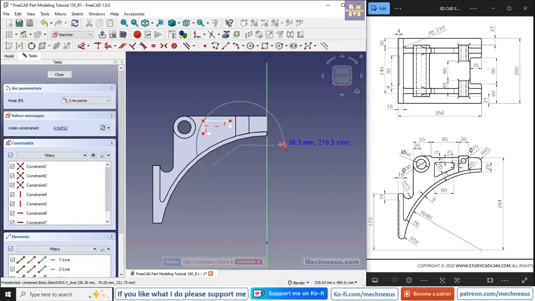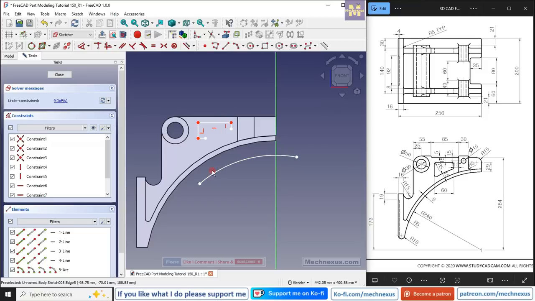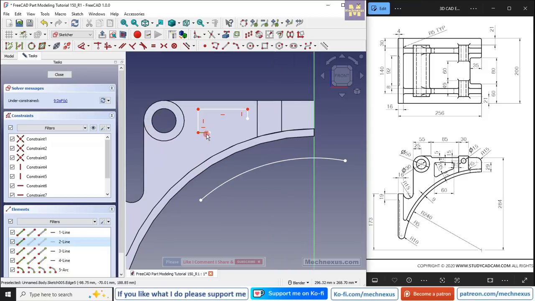So let's create a rough 3-point arc, and first let's merge the center, say coincidence, and here we will also delete this line, and now I will make this and this coincidence, this and this